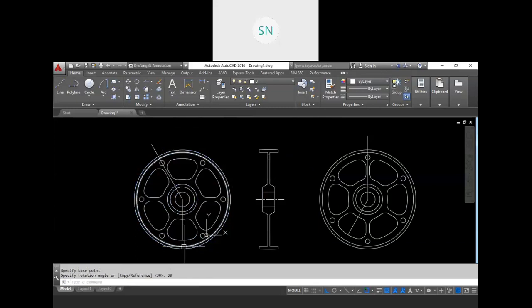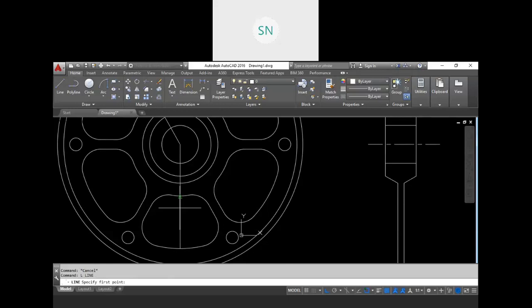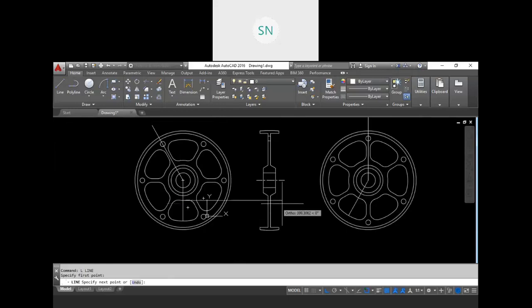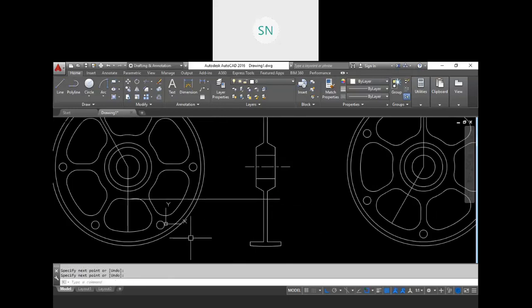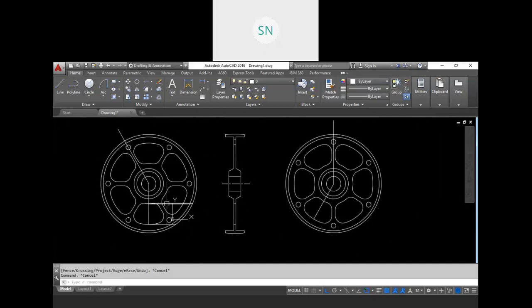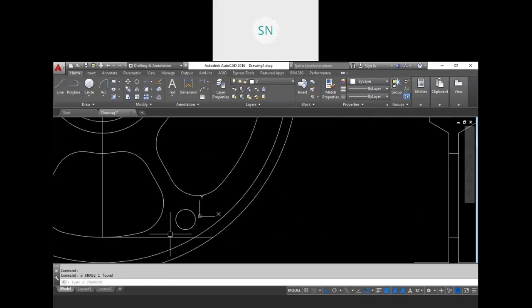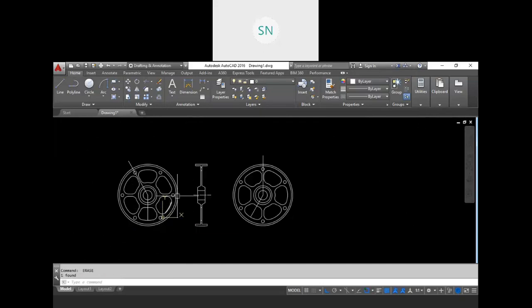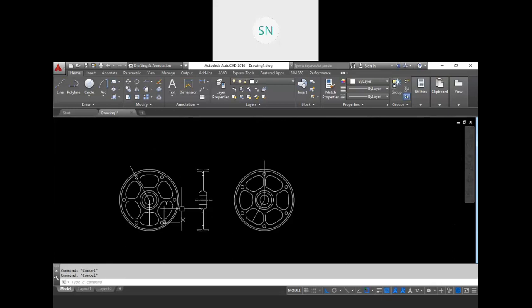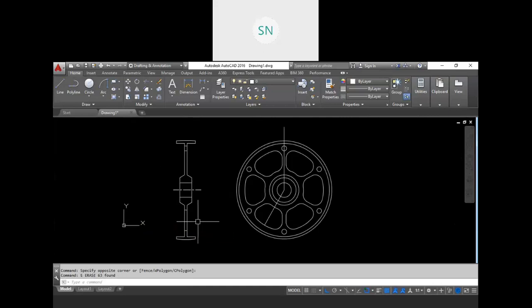So now it is vertical, and now take your projection from here to here and from here to here and trim it. Got it? Okay, and just erase this thing. Now it is not needed.